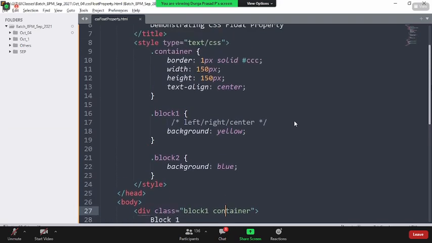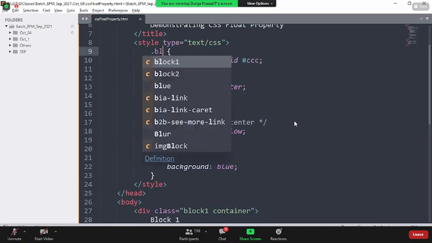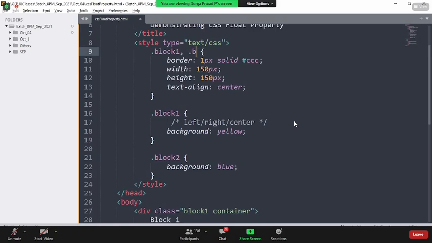The other way is I can simply say .block1, .block2. What does this mean? I am defining the properties for multiple classes at a time.